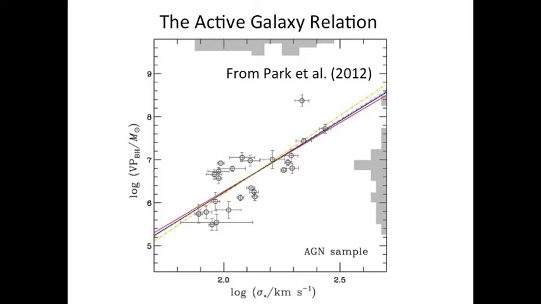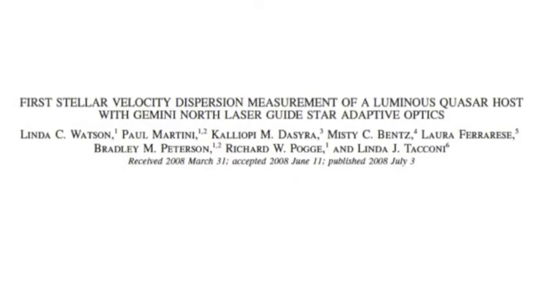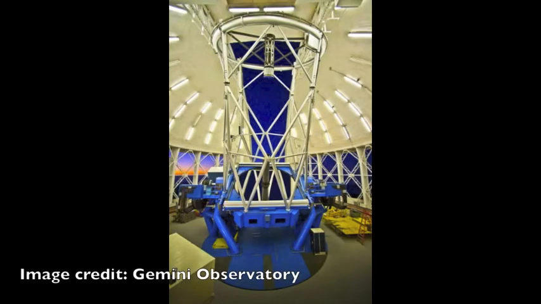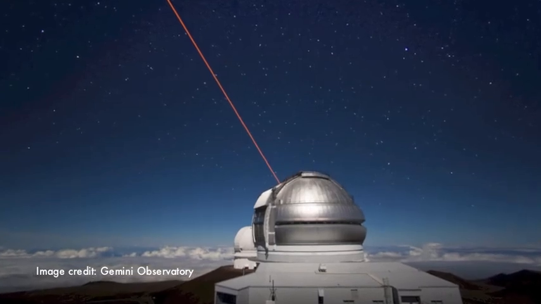Velocity dispersion measurements in high-luminosity AGN are difficult to obtain because the AGN light often overpowers the light from their hosts. As such, there is a lack of objects at the high mass end of the relation. The success of an earlier program using the NIFS near-infrared integral field spectrograph and Altair adaptive optics system on the Gemini North telescope prompted us to undertake additional observations of quasars at the high mass end of the M-sigma relation. We observed 8 quasars with black hole masses that had previously been measured to be above 10^8 solar masses. Using these data, we successfully measured stellar velocity dispersions in 4 objects.